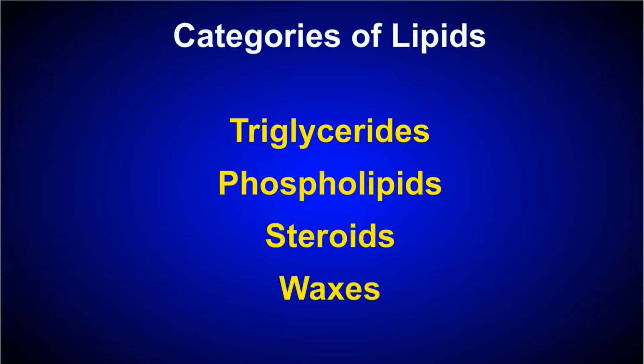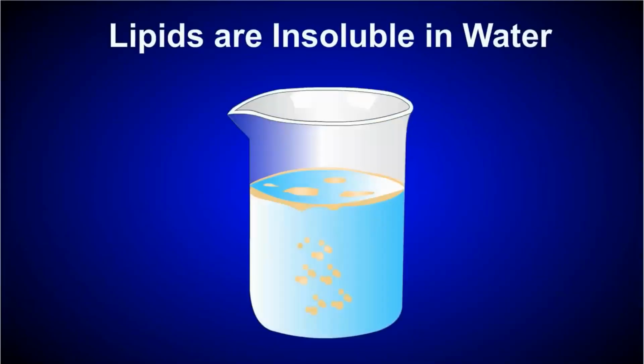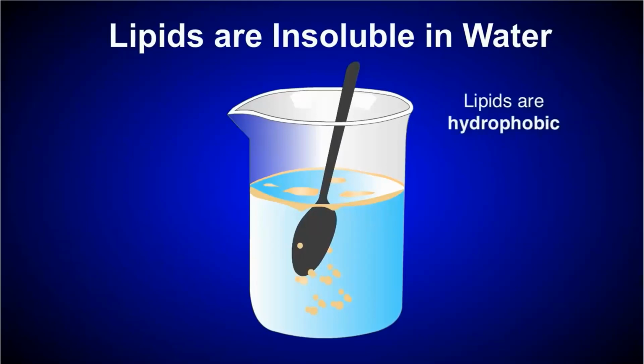Although these groups differ in many respects, they all have one characteristic in common. They are all insoluble in water. You may have noticed that lipids and water do not mix. For example, notice the yellow-colored oil in the beaker of water shown here? Even if we stirred this for several minutes or even several hours, the oil would still separate out from the water. This is because lipids are hydrophobic. From Latin, the prefix hydro means water, and phobic means fear of. So when you hear that lipids are hydrophobic, this basically means that water and lipids do not mix.